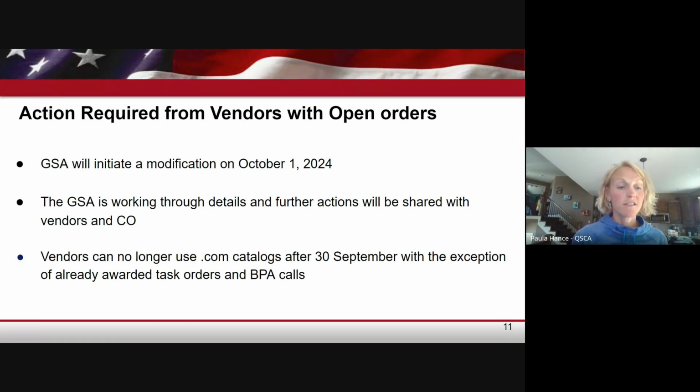GSA is working through the details and will provide further information as it becomes available upon actions that will need to be taken by the vendors and the CO. Vendors can no longer use dotcom catalogs after the 30th of September 2024, with the exception of already awarded task orders and already awarded BPA calls.